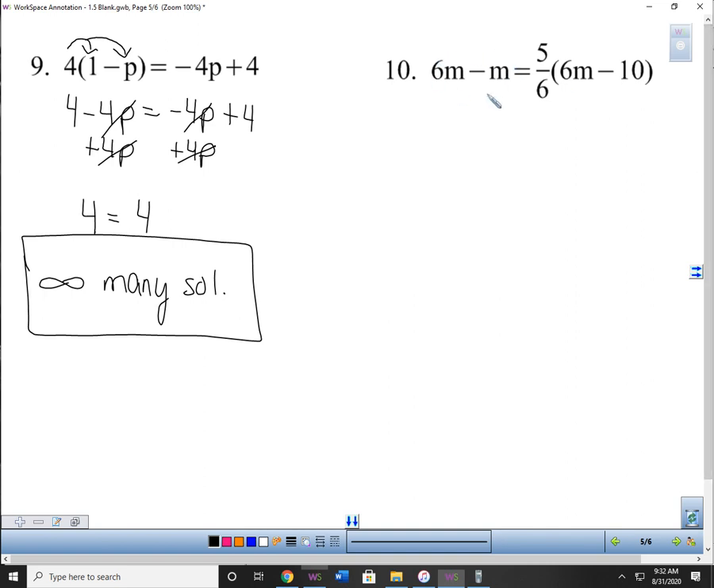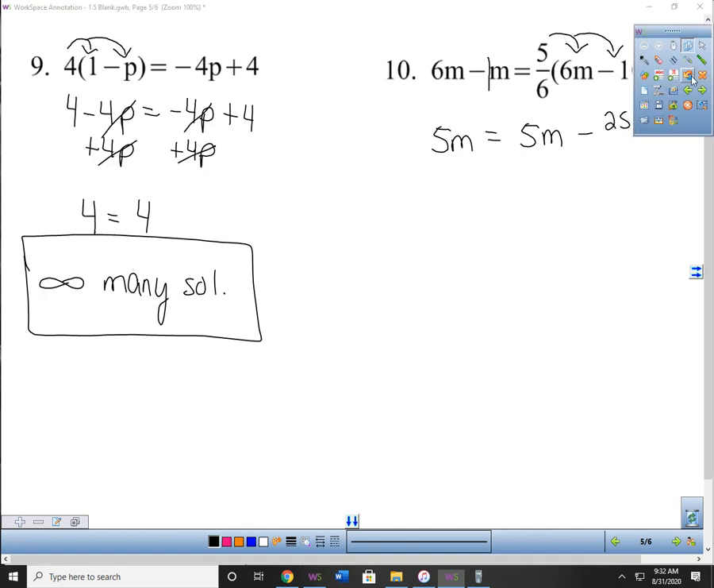All right, so if I look at number 10, I've got 6m minus 1m. I can put those together, right? Those are like terms. So 6m minus 1m gives me 5m. On this side, I need to distribute. So 5/6 times 6m gives me 5m. And 5/6 times negative 10 is going to give me negative 25, no, 50, sorry, I can't multiply. Negative 50